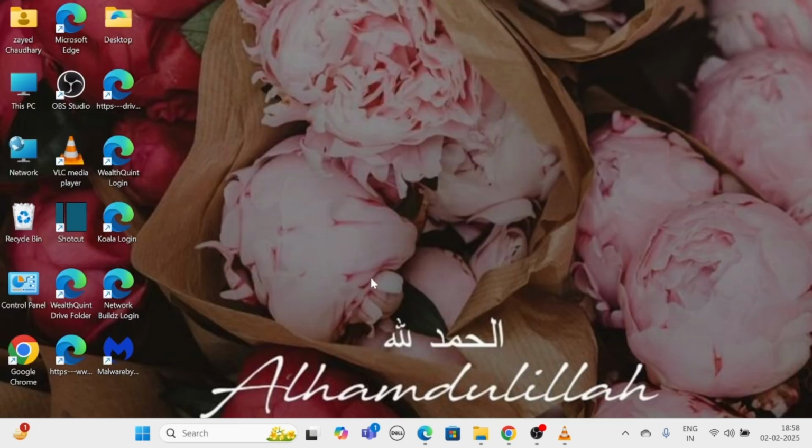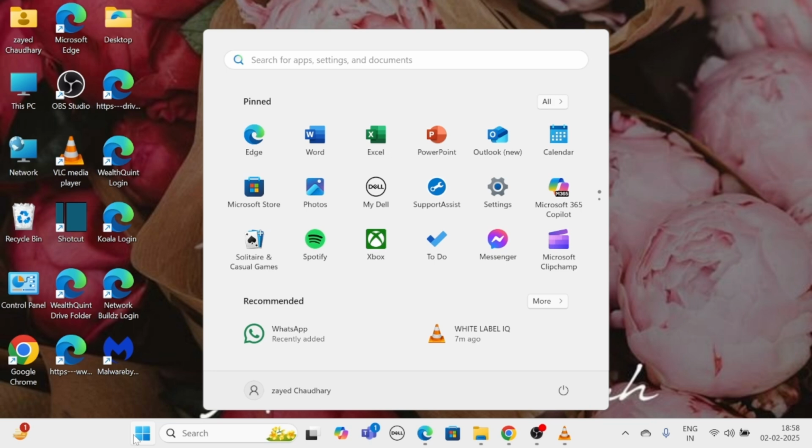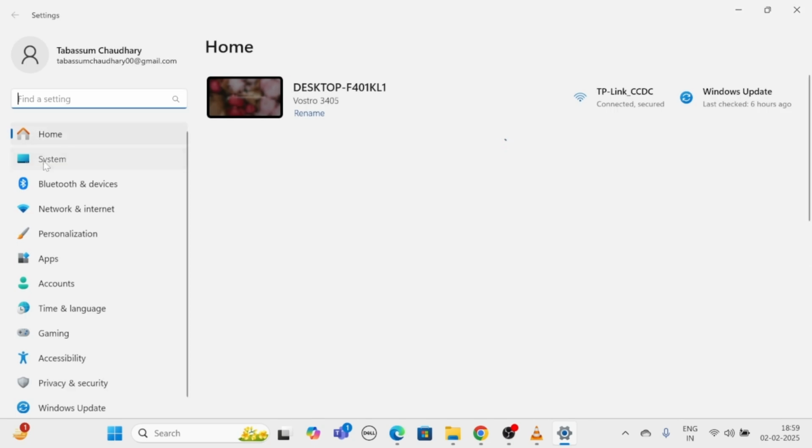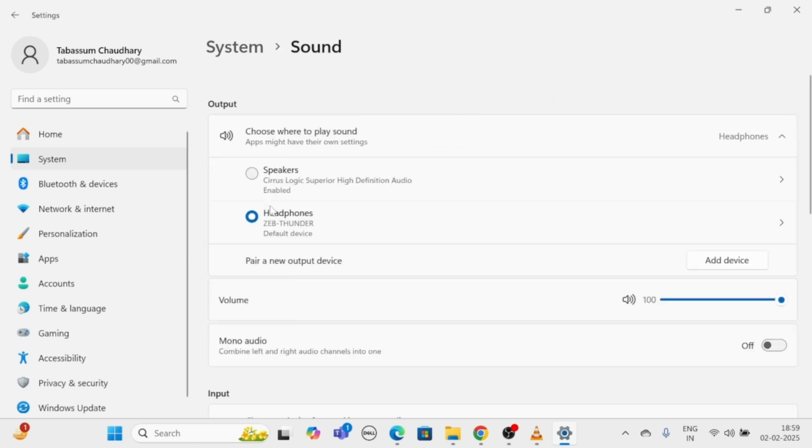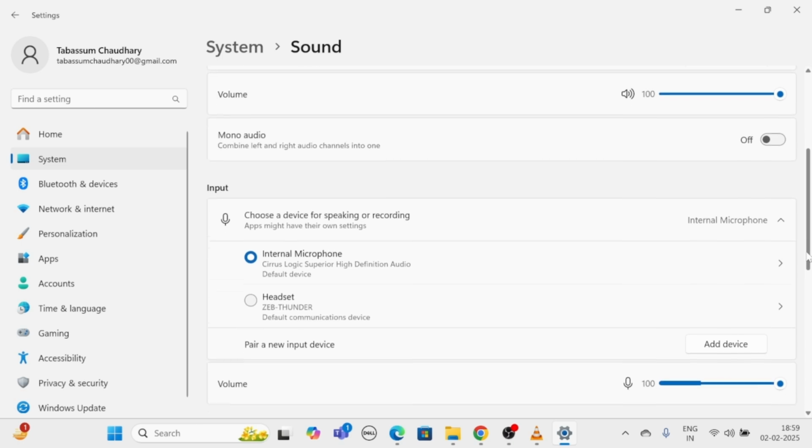Fix 3. Run the Windows Audio Troubleshooter. Go to the Start menu. From here, click on Settings. In the Settings menu, click on System, then go to Sound. From here, scroll down to see the Advanced section.